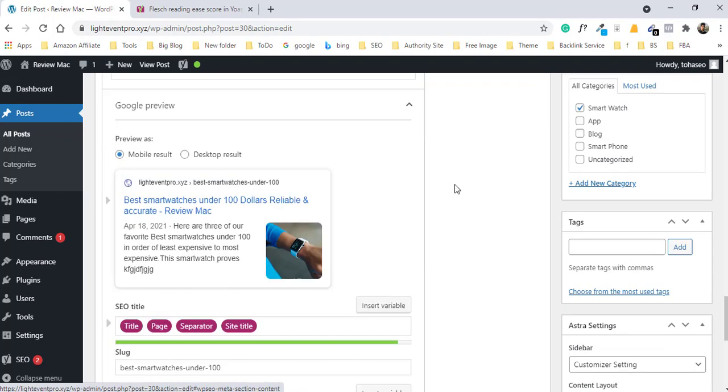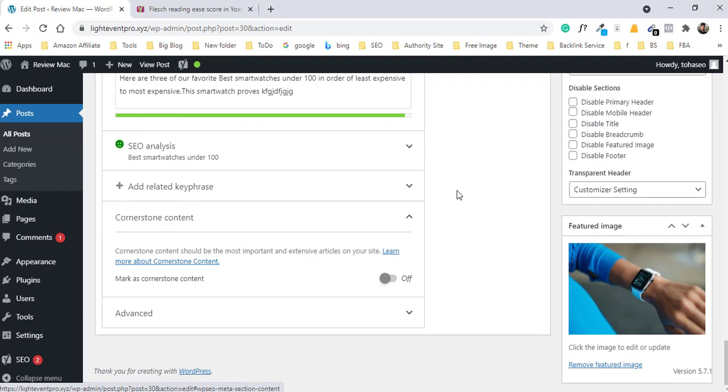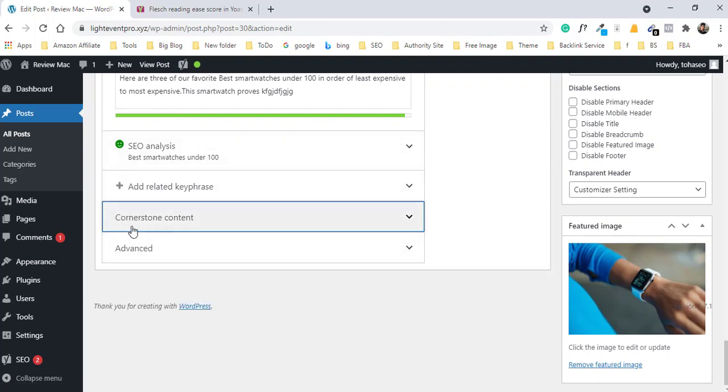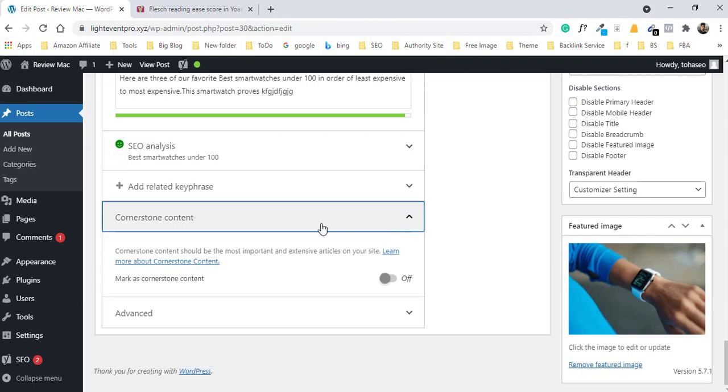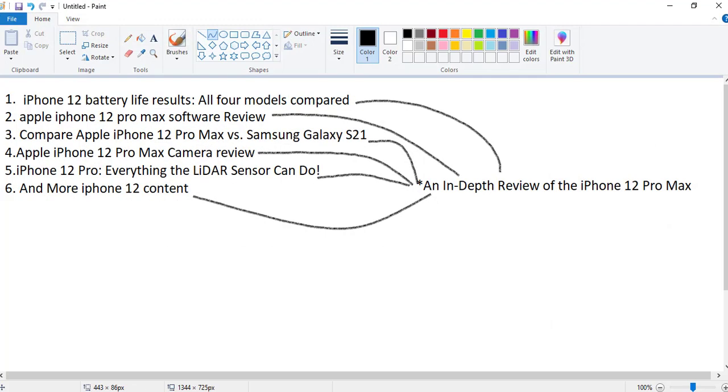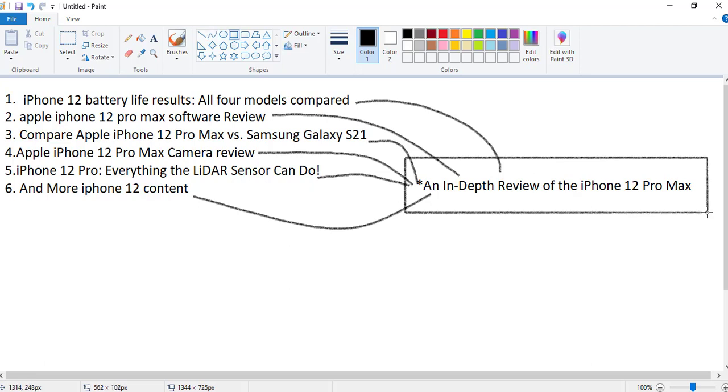And here you also see, okay, we missed it, cornerstone content. It's another option from Yoast SEO. What is this? When you publish lots of content on a particular topic, like here I published 5 contents about iPhone 12 Pro Max, and I want a higher rank, those are my supportive articles.